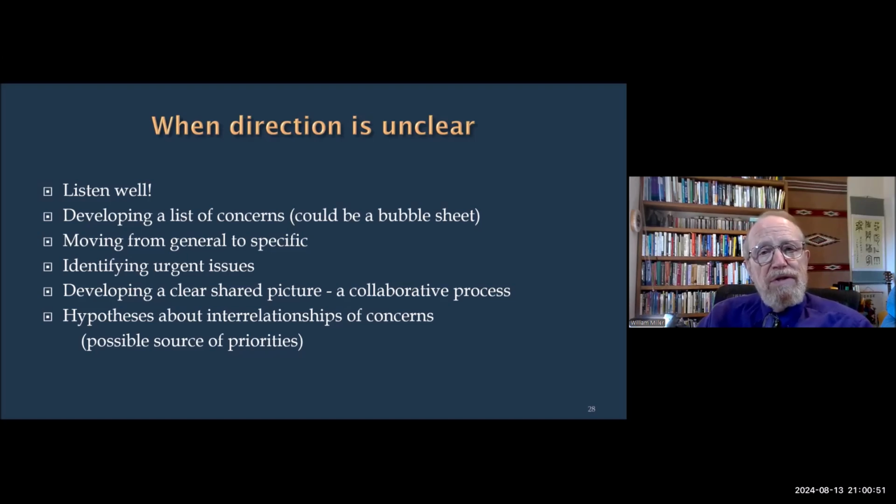So as you're having this conversation with someone, pieces start to emerge. And so you begin to keep track of those. Usually in this kind of situation, you're moving from general concerns to much more specific concerns over time. You're figuring out together what things need immediate attention, what's most urgent. So if, for example, the person is potentially suicidal, that one has some priority and some urgency to deal with. But what you're trying to do is to develop a clear focus together, a clear sense of where you're going together. And it is a negotiation process. It is a collaborative process.